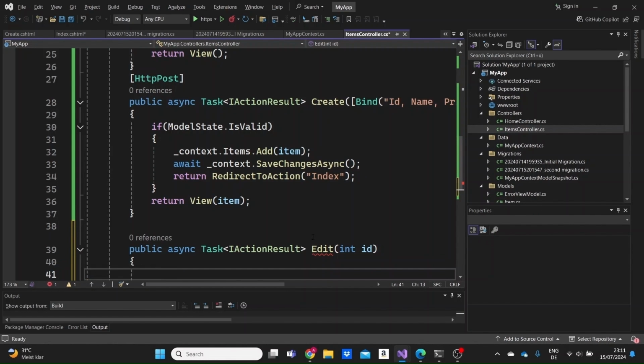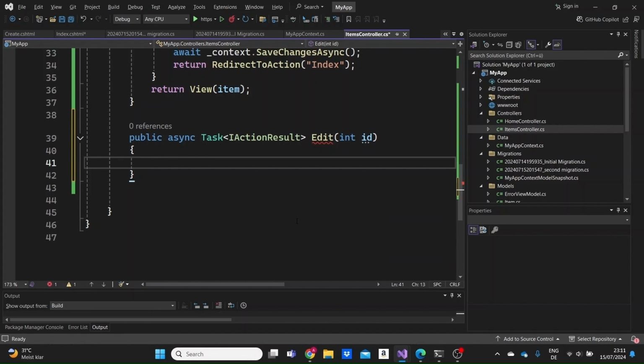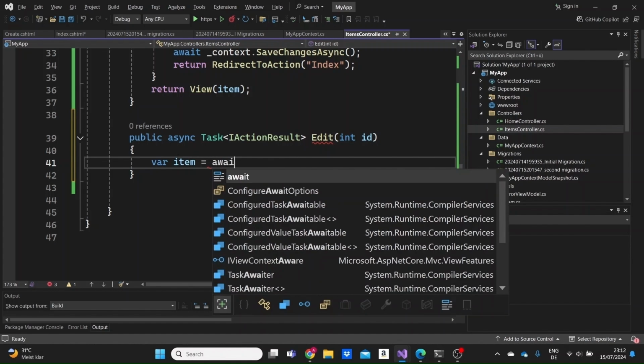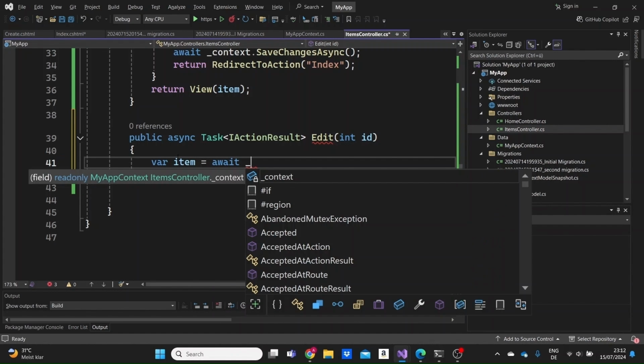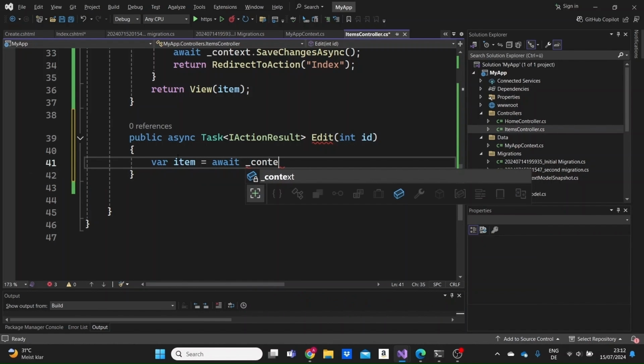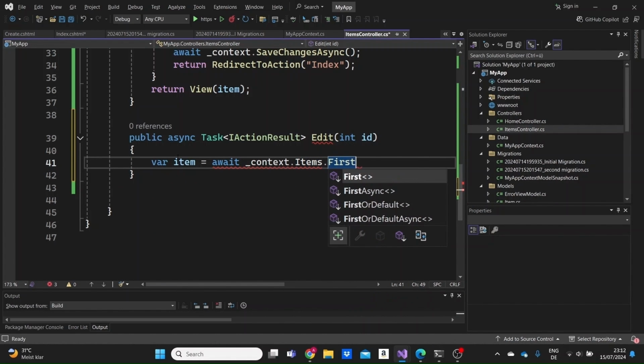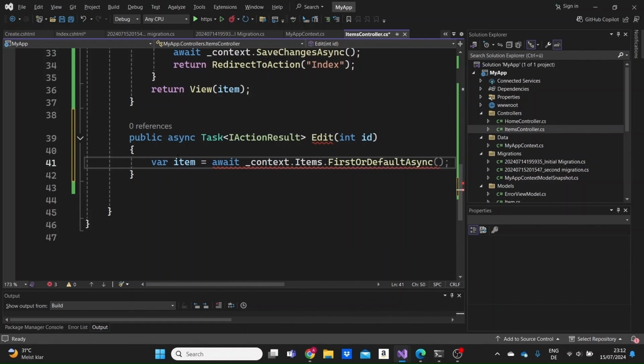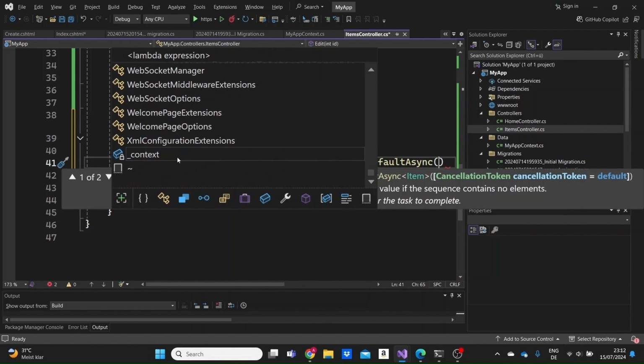Let's open up the curly braces again, and I'm going to use an item variable to loop through the database as a search for a specific item. So basically, when we are redirected to a page with the details of a specific item with a specific ID, we will loop through the database to find that item and display it on the screen. So I'll use the await keyword here to await the result that we expect from the database. So underline context dot items dot, and here we'll use the FirstOrDefaultAsync method that will search for a specific item in the database,